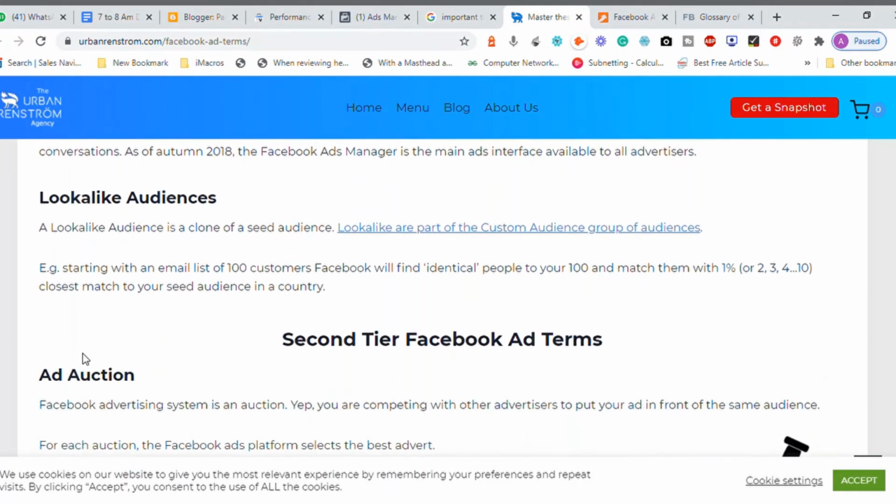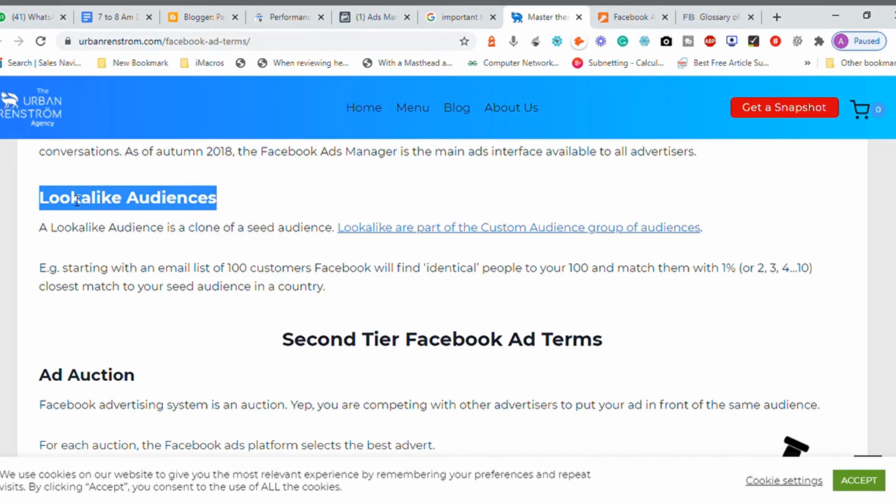Look alike audience. Now this is pretty interesting. In the cinema industry, there are people who are look alike people. There are people who look like Mr. Rajnikant, Kamal Hassan. They look similar. The same way, audiences are those people who look at your advertisement, and the look alike audience are those people who match the profile of your audience, the second layer of your audience.